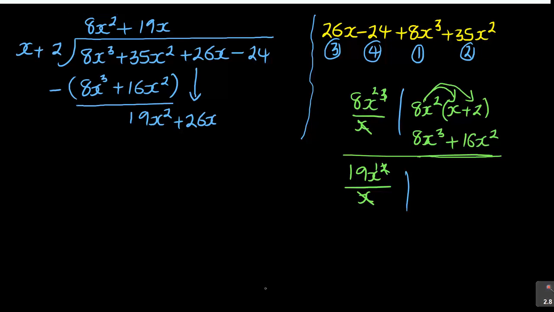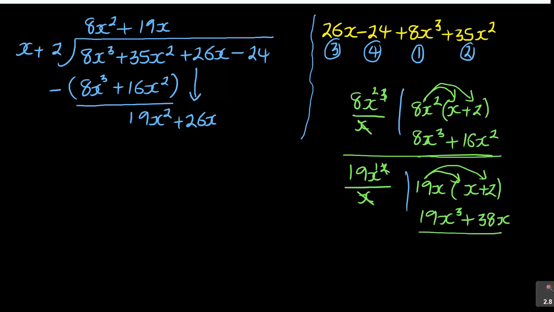And then the 19x will multiply that part. All right, so in this case, the 19x multiplying x plus 2. It's an identical process, but the numbers are the only ones changing. You open that, 19x times x, it is 19x squared. 19x times 2, 19 times 2 is 38x. See that? Then that is what you write. So what you will have is 19x squared plus 38x. Then you rule off, put a bracket, and subtract.